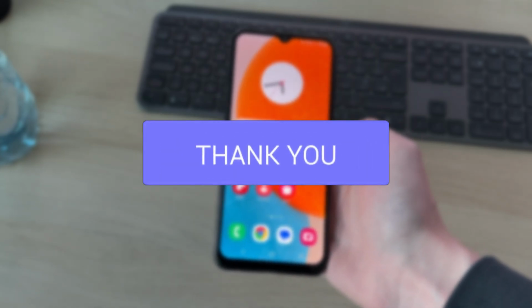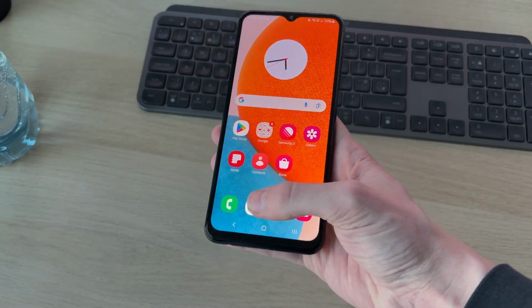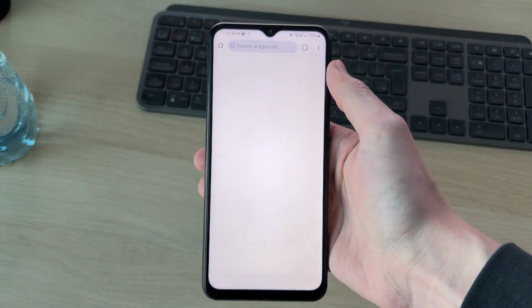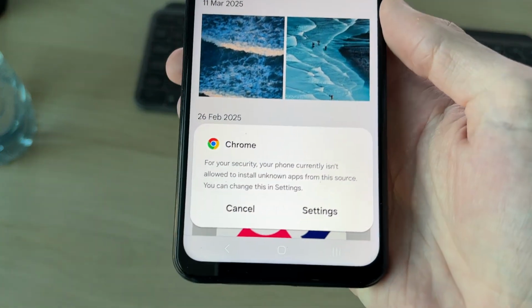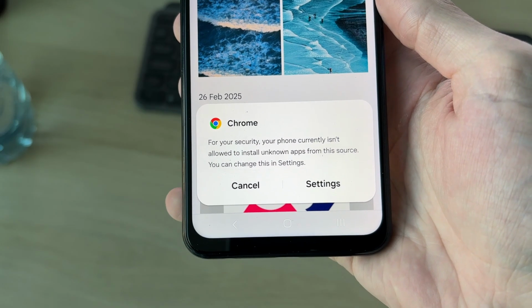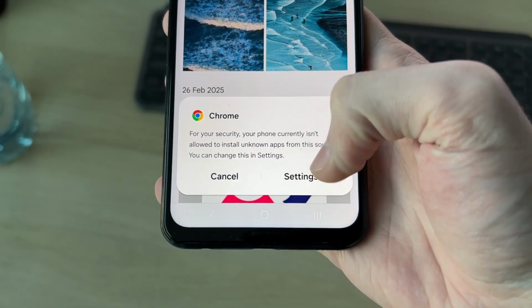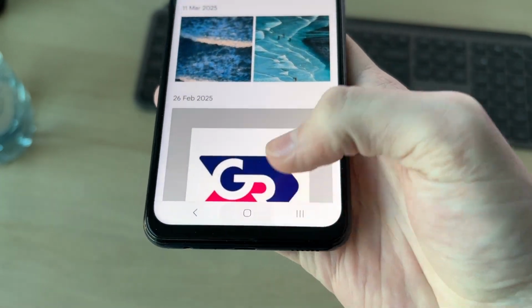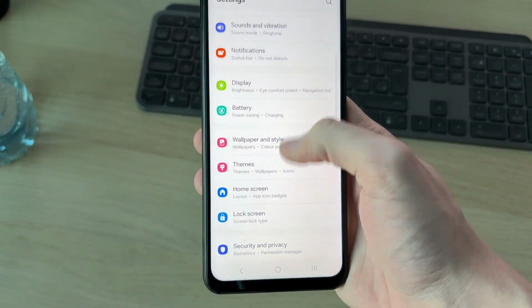This can be really annoying if you've gone and downloaded an app and you're unable to install it. In this case, I'm trying to do this in Chrome. It may be a different app for you, it doesn't matter. Here it is. If I tap on it, I get this pop-up at the bottom saying for your security, your phone isn't currently allowed to install unknown apps from this source. So you can press settings there and get to the setting, or alternatively, manually open up your settings, scroll down